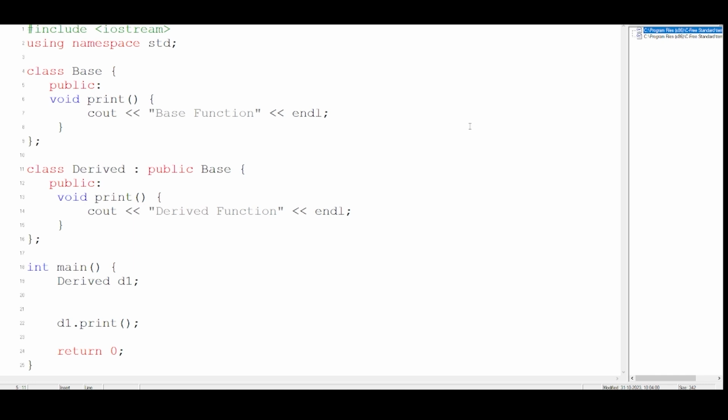So whatever properties we have inherited from the base class, if the function names are the same, that is getting overridden. So only the derived class function is called and whatever is inside it is getting printed. So the very basic concept is just that they are getting overridden, simply as it is. So that was the concept of function overriding.